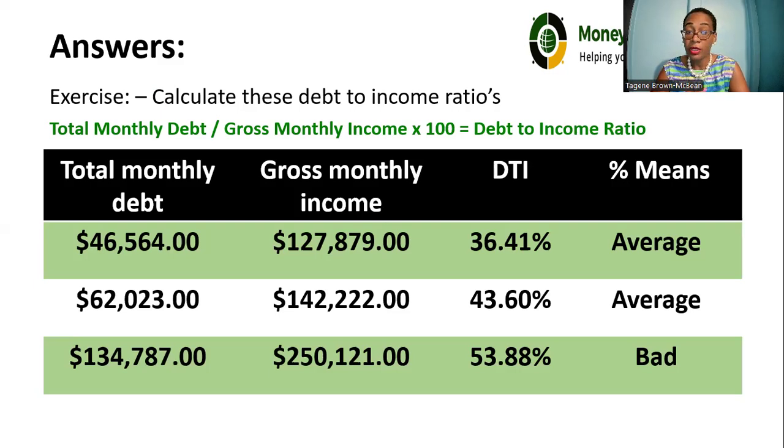All right, so number 2, the answer is 43.6%, right? And this is still average because the average range is between 36 and 49%. Okay. All right. And number 3 is